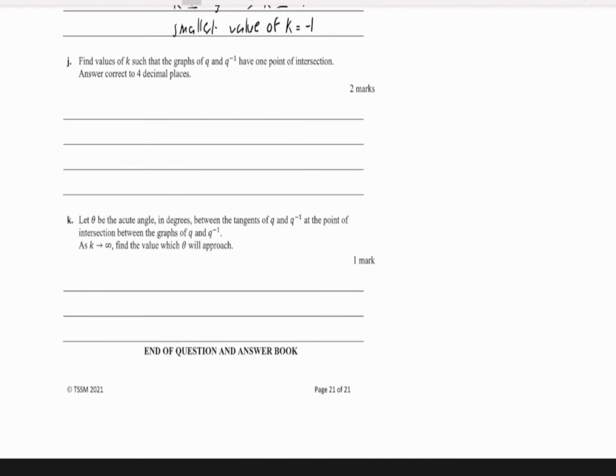When Q and Q inverse share the same tangent, there's only going to be one intersection, and that intersection has to be on the line of y equals x as well. So you can get Q dash of x equals 1, because the gradient of the y equals x line is going to be 1, and you can get Q of x equals x. You just solve these two with the CAS, and you get x equals 1.40392 and k equals